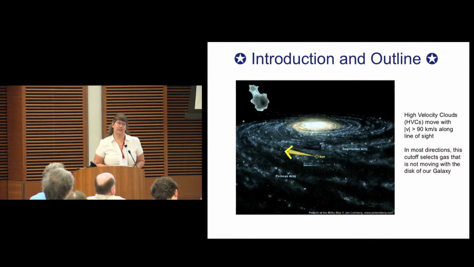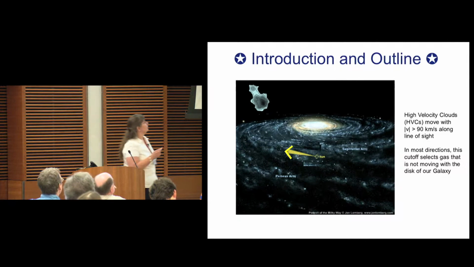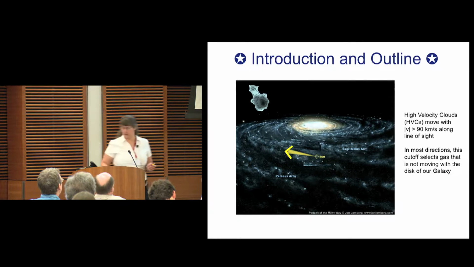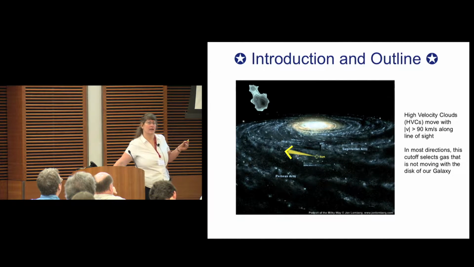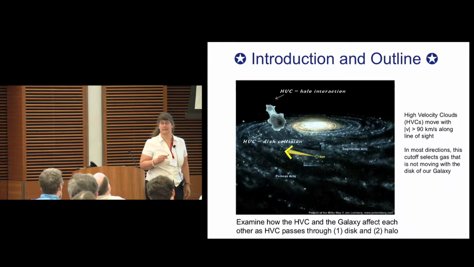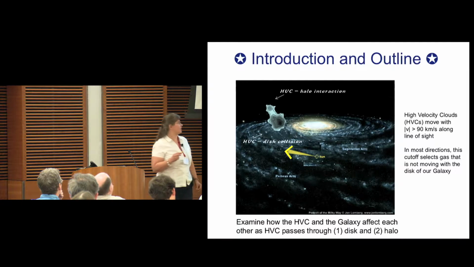So by way of introduction, I'm showing this image of the galaxy with a high-velocity cloud right here. This high-velocity cloud has a speed relative to the line of sight of at least 90 kilometers per second. And it's currently in the halo, where it's going to be interacting with the gas in our galactic halo. But over time, it perhaps will come down and collide with the disk, where it will interact with the disk. So by way of introduction, that's my way of saying I'm going to talk about those two interactions. Firstly, this interaction when the high-velocity cloud hits the disk of our galaxy, and then secondly, the high-velocity halo interaction.